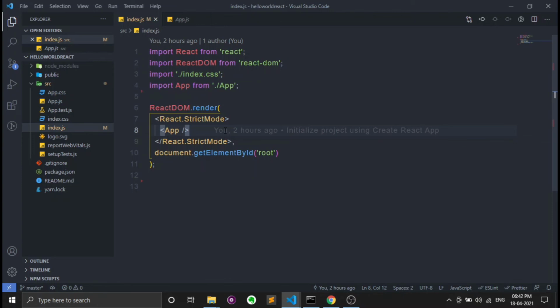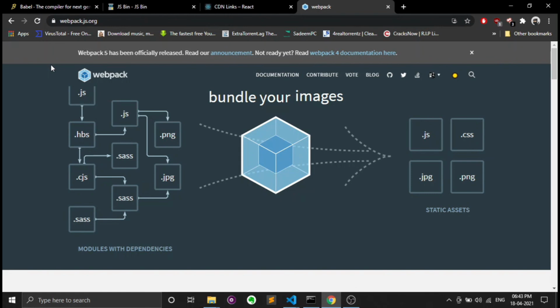So the question arises, if we have multiple elements in the same project, how does React compile or run that application? Here Webpack comes to the front. Webpack bundles the JavaScript files and combines them into one, and then a server or application can read that JavaScript file.